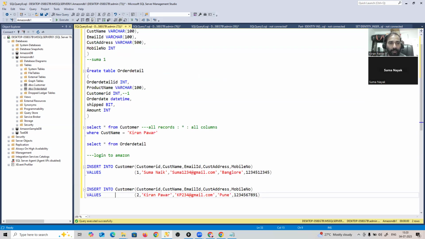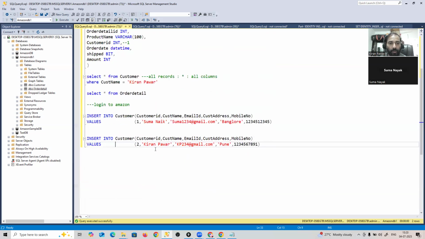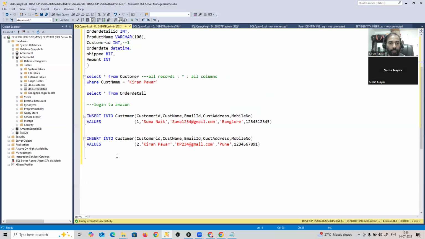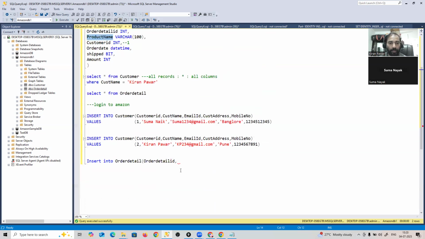Now let me go here and let's do some shopping. Now let's say Suma is logged into the Amazon application. Now she's going to order a few things, right? So when she orders something, the record will go into this table, order detail. So let me add code for this: insert into order detail, and I have to take all these columns, right? So customer order detail ID,